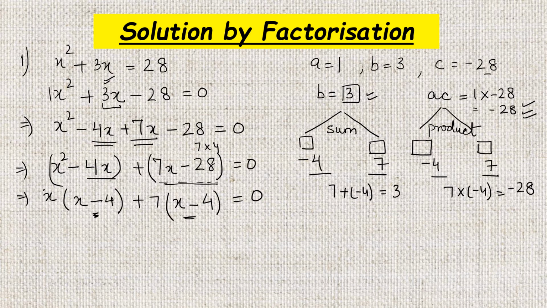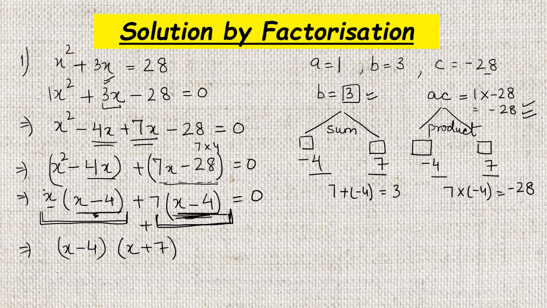Now this is one of the terms plus this is one of the terms. From these two terms I can take out this x minus 4 bracket again common. So take out x minus 4 common. What is left? From this first term, if you take x minus 4 common, what is left? x. From this second term, if you take out x minus 4, what is left? Plus 7 is equal to 0. So the two factors of this equation are x minus 4 and x plus 7.